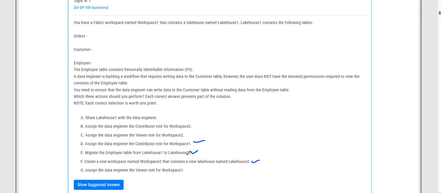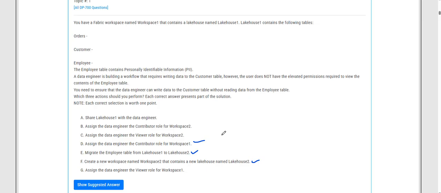So for option D, you have to select workspace 1, for each action you wanted to be performed, to write the data for the customer table without reading data from the employee table. So here the key is you have to remember workspace 1, the option statement which is ending on workspace 1,